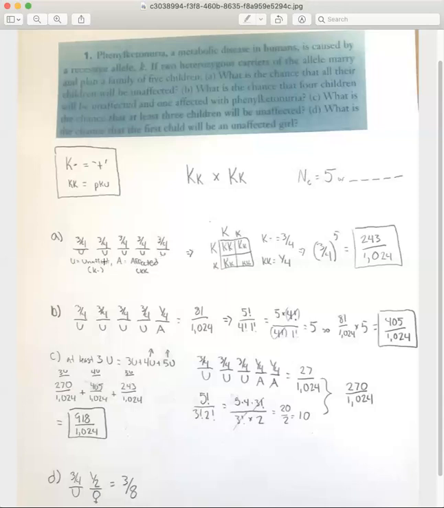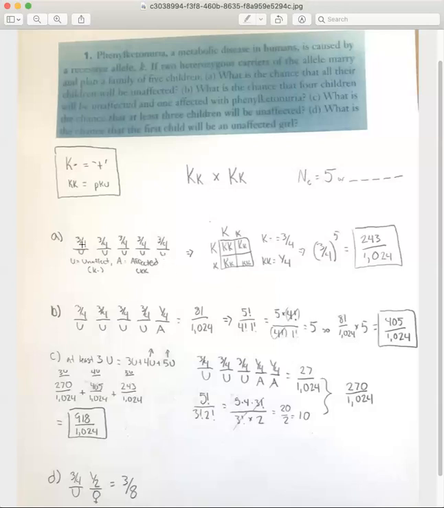To figure out the probability of any individual child being unaffected, we can draw a Punnett square over here, big K, little k, draw them all out. 3 of the results, the big K, or the heterozygous individuals, are going to be wild type phenotype. So the probability of being unaffected, which here is essentially the wild type phenotype, is 3/4. The probability of having PKU is 1/4.